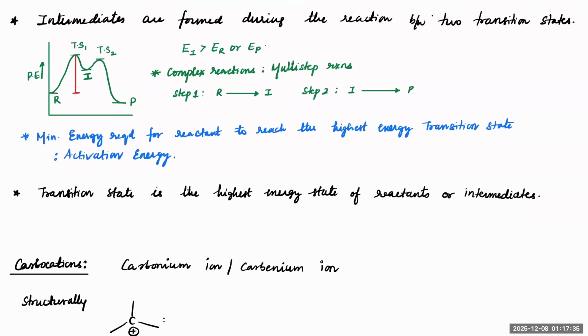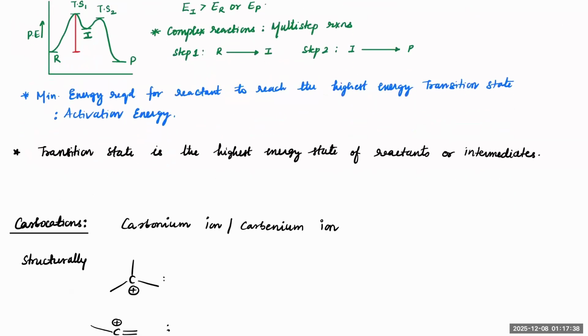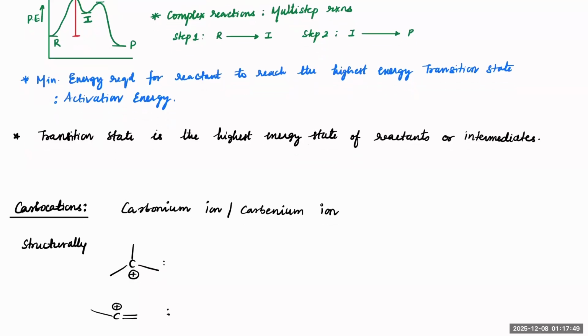I suppose this point is clear to everyone. Next. Transition state is the highest energy state of the reactant or the intermediates. And another term you might be also interested in knowing is that